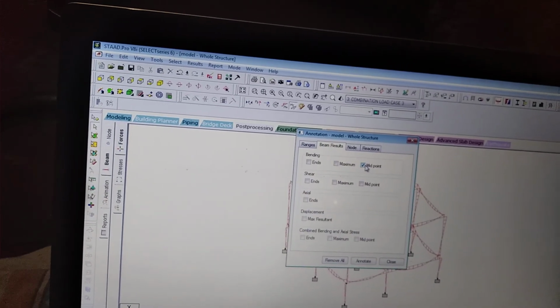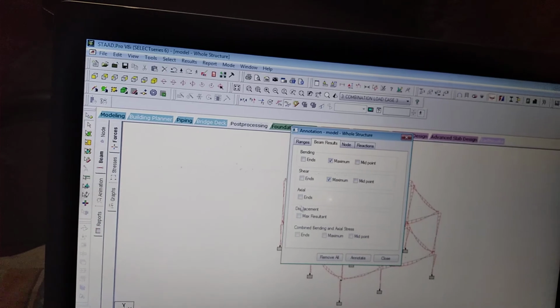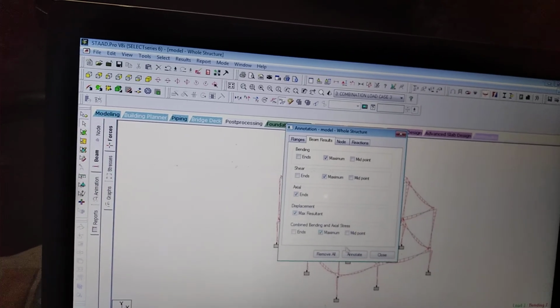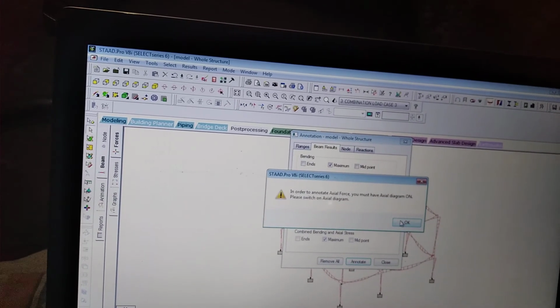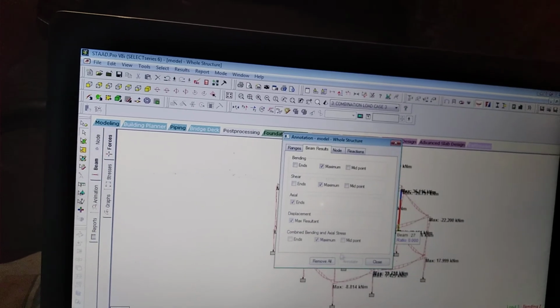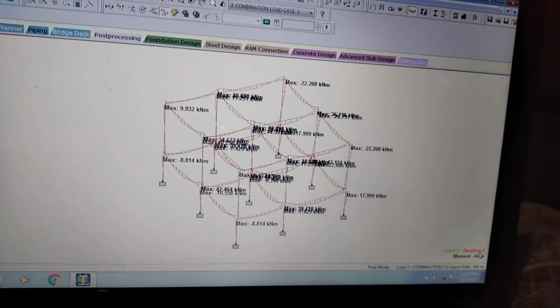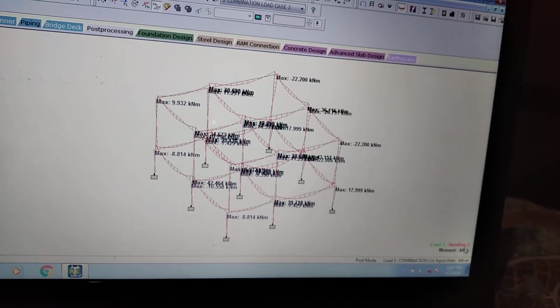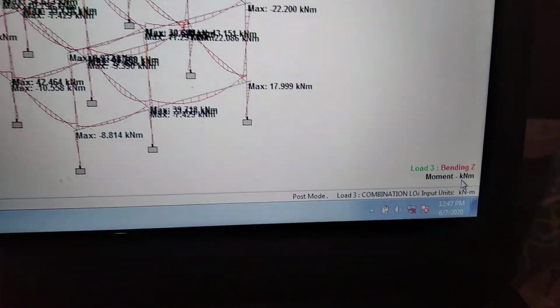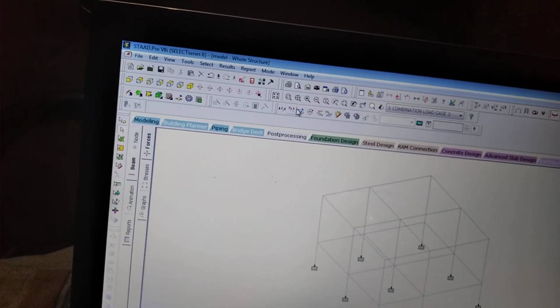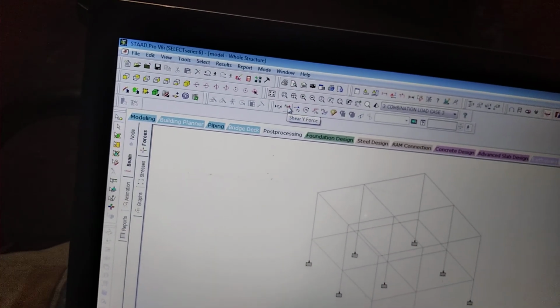I want the maximum only. Maximum annotate. Okay. See here, the maximum bending moment along the z direction, in kilonewton meter, occurs. Okay. Then I will turn off this session and I will go to the FY section.